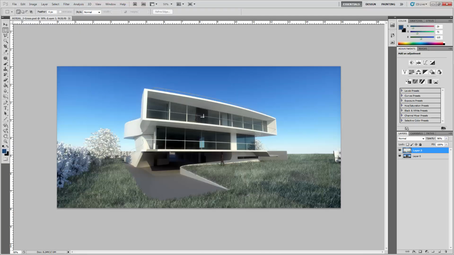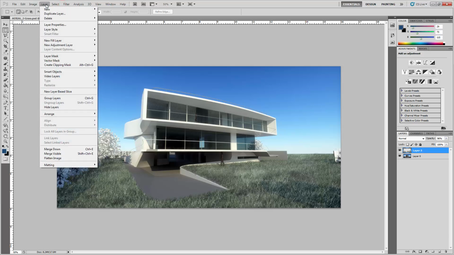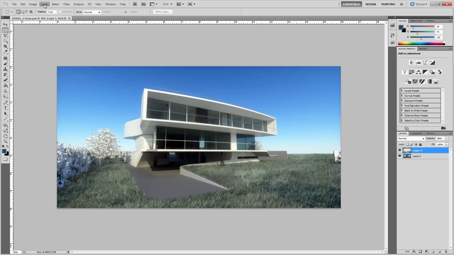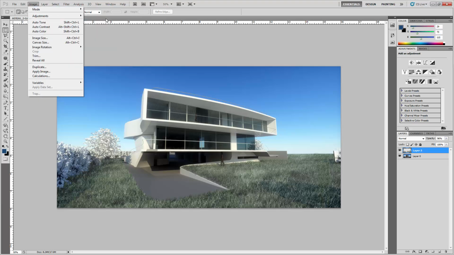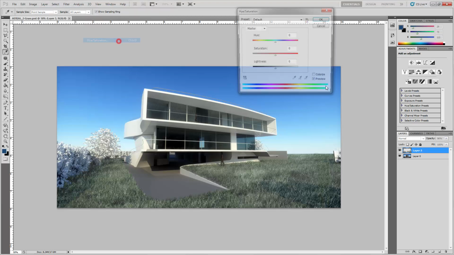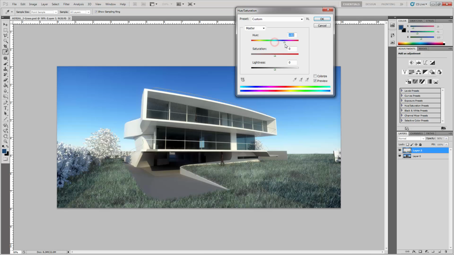So this brings me to the original file, and let's say I'll play with the hue and saturation a little bit, and let's make it, ooh, okay, something like that,